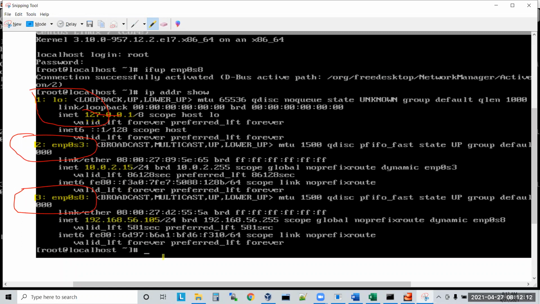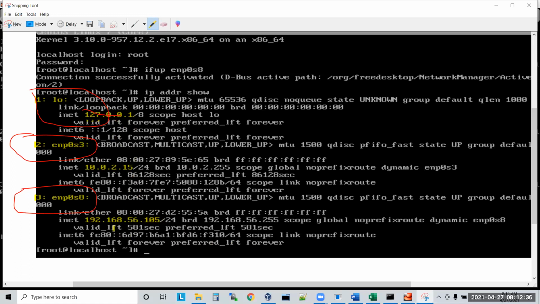The third IP address is 192.168.56.105. So for this machine we have a total of 3 IP addresses. Out of the 3, one is loopback and cannot be used outside. So now I have 2 IP addresses. If I want to ping, I can use this one and connect to this machine.